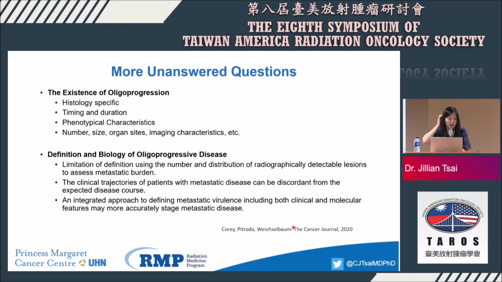Some breast medical oncologists had previously made a statement that there's no oligometastasis in breast. Breast is more systemic. That was before any of the oligomet studies were done. So is this true? Or are we just not selecting the right patient population? We will really need more studies to answer these questions. Or maybe our definition by counting the numbers of tumors is not great. We need some better definitions based on the tumor biology and other factors.